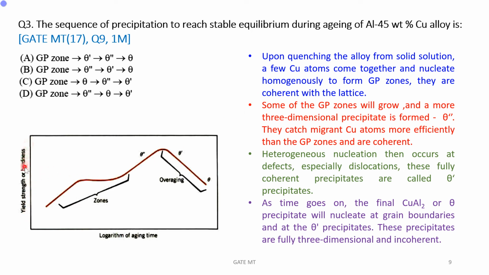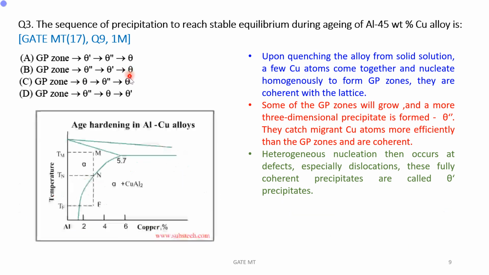And if we are examining the yield strength or hardness versus the logarithm of aging time graph, we will be able to see that initially GP zones are produced, then theta double prime is produced, theta prime is produced, and theta is produced. Here it is coherent, coherent, coherent, coherent. Again, once it starts going to here, it becomes more and more incoherent. And maximum hardening or yield strength of the alloy will be obtained between theta double prime and theta prime. Therefore, we can say in this particular question, the sequence of precipitation will be GP zone, theta double prime, and